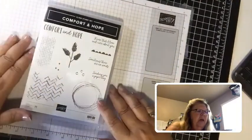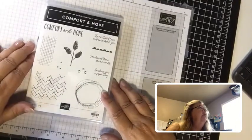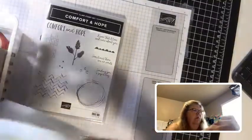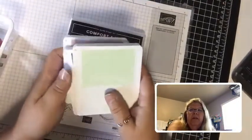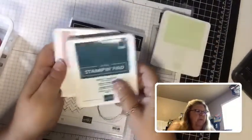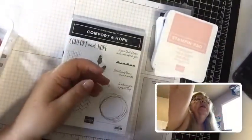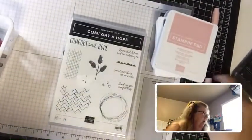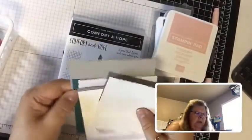So today we're going to use the Comfort and Hope cling stamp set. I'm going to go slow just in case anybody has the opportunity to stamp with me this morning. We're going to use Soft Seafoam, Pretty Peacock, and Blushing Bride. We'll also be using the Blushing Bride Stampin' marker, and for cardstock colors we're going to be using,